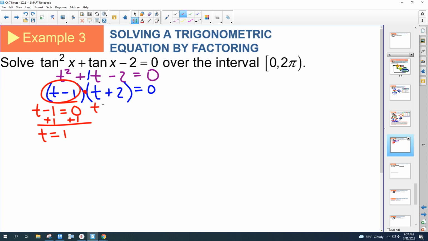So we've got t plus 2 equals 0. We're going to subtract this 2. We got t equals -2. All right? Now we need to switch back. These are not your answers because we haven't done the trig yet. T stood for tangent x. So we've got these 2 trig equations to solve, and we can look at the chart. We just did this one a second ago, right? When we had that chart,